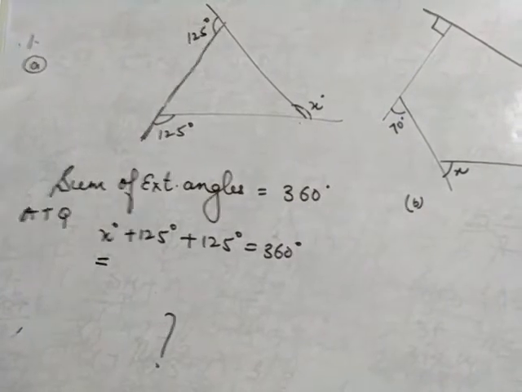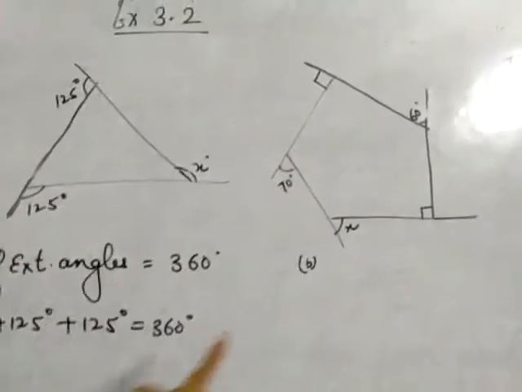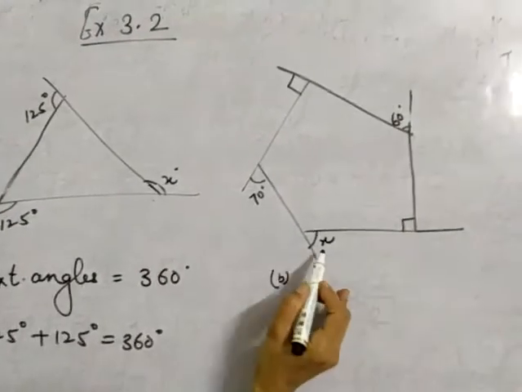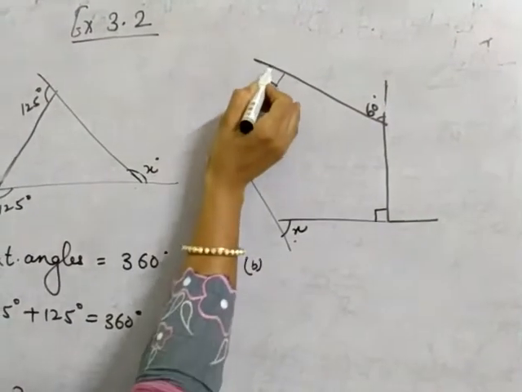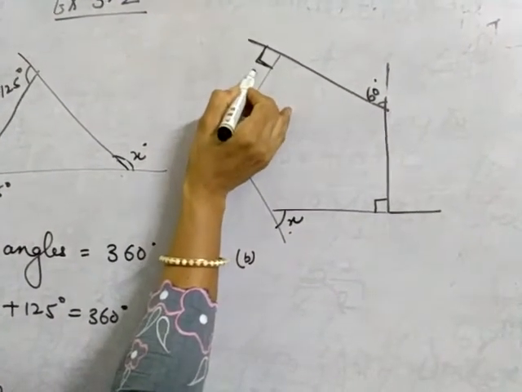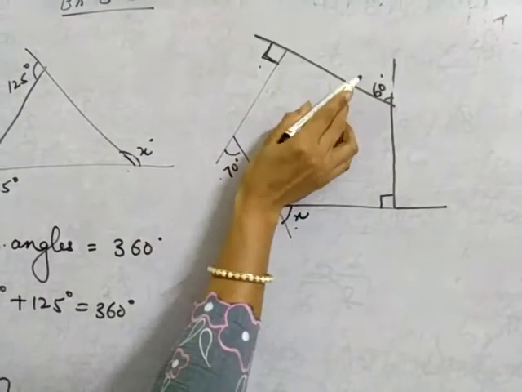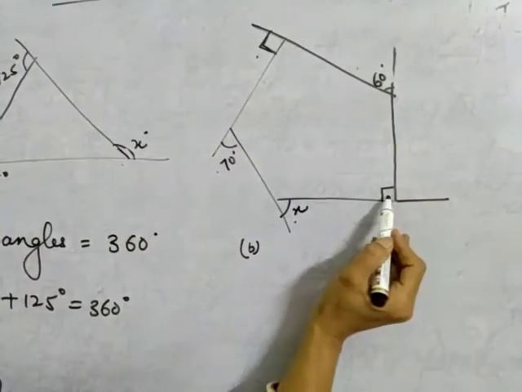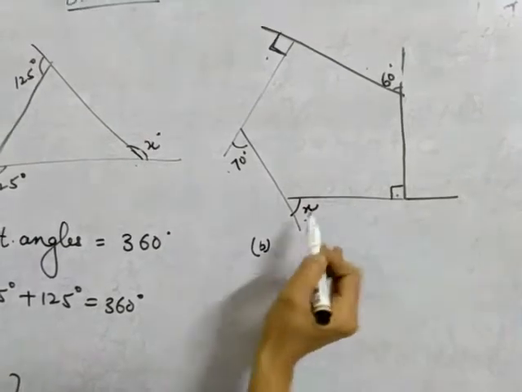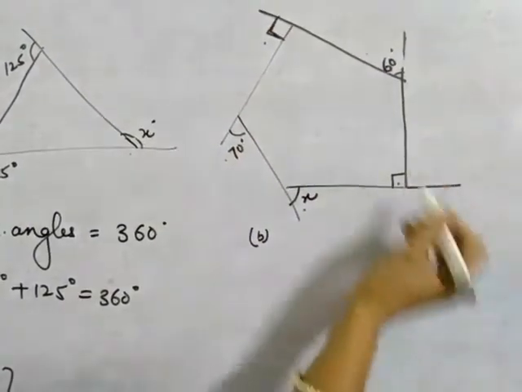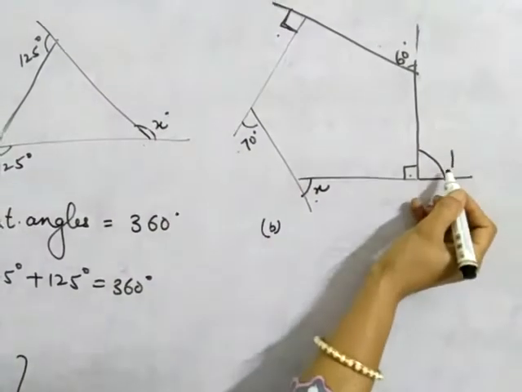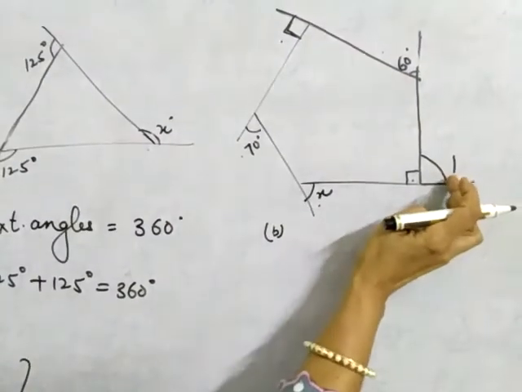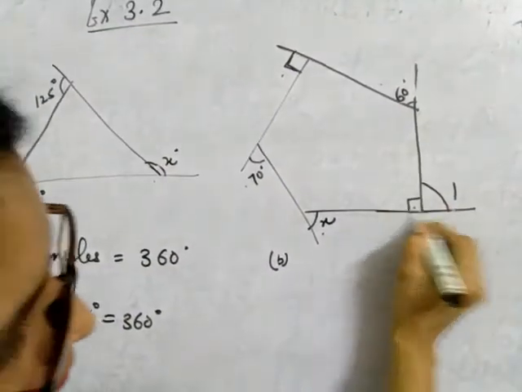Do the calculation yourself. Now see beta, B part. Now this x is exterior, this 70 is also exterior, this sign is of 90 degrees and it is also exterior, 60 degrees is also exterior, but this angle is interior. When I am taking all the angles as exterior, then we will take this one as exterior too. So this is your exterior angle. Give it as angle 1. So first of all you will be calculating this as angle 1.